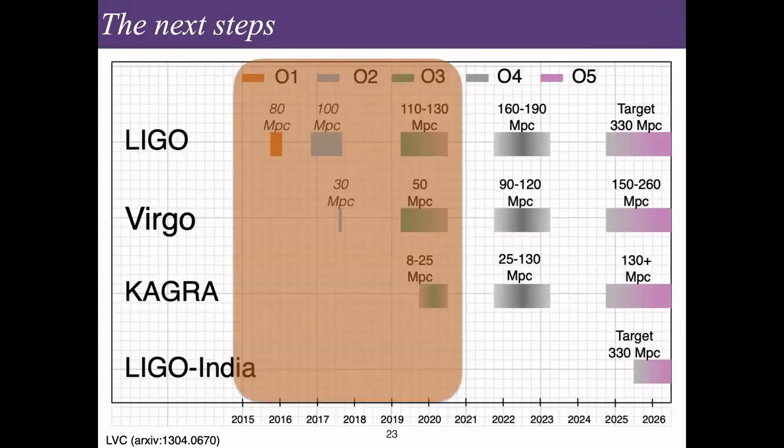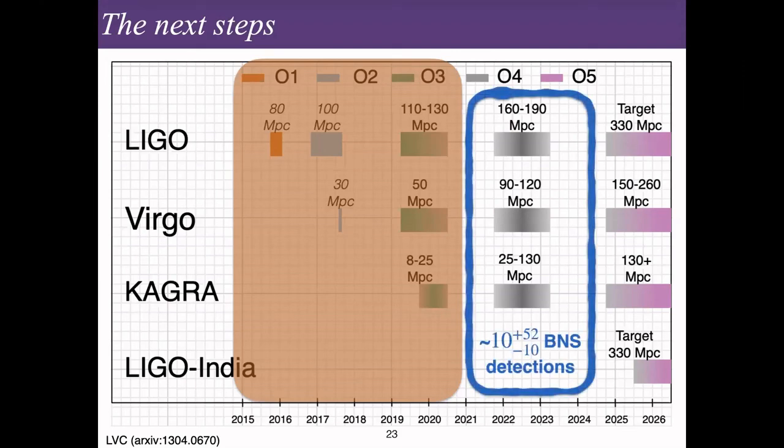I will just then conclude that our next step is the 4th observing round, where we expect a lot more detections. The timescale has actually been pushed a little bit back. We expect this to start not before mid-2022, but the detectors are improving, and we